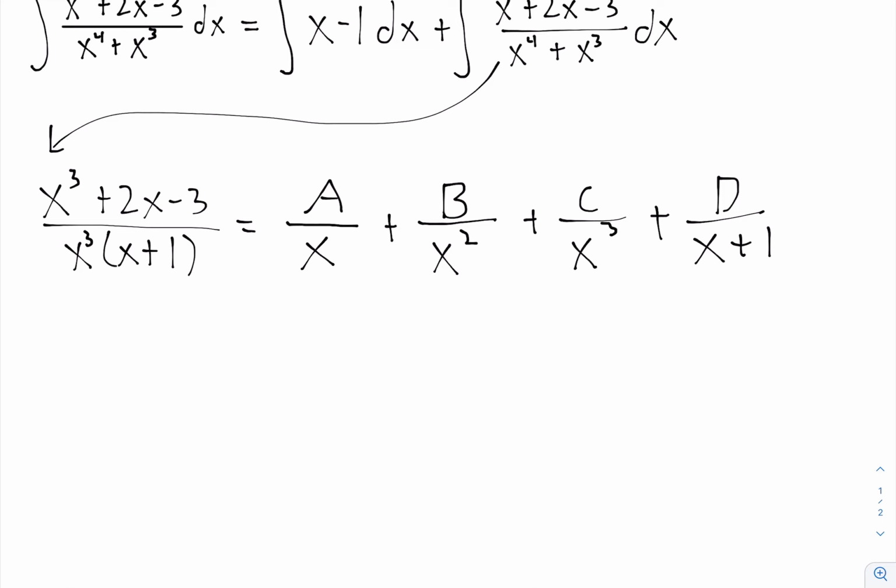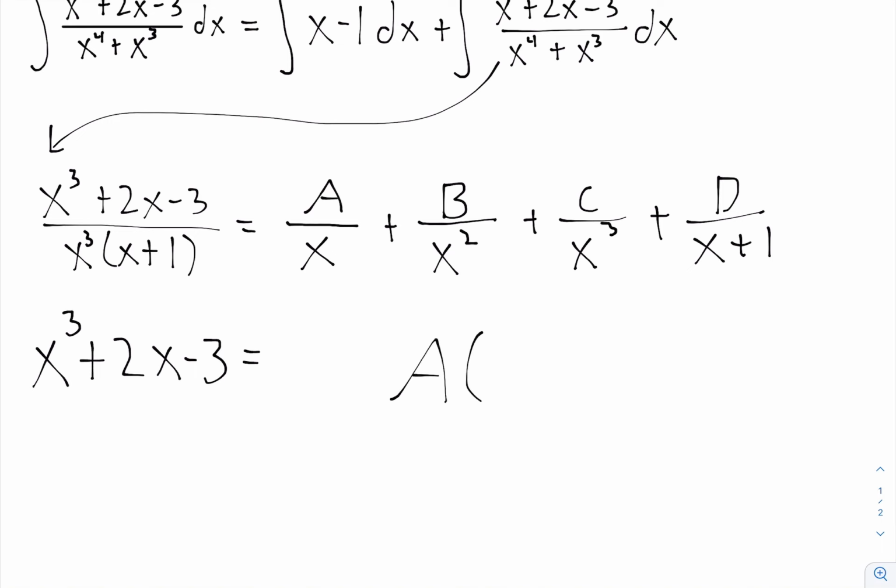Okay, so the next thing we have to do is try to get rid of the fraction on the left. You might remember from my rational expressions video, if we have a fraction and want to get rid of the bottom, we multiply everything by the denominator. So when we multiply both sides by x cubed times x plus 1, we just get what was on the top, so x cubed plus 2x minus 3. Now on the right, we have to multiply each term by x cubed times x plus 1. So the first one, I'll write it a bit bigger because I won't have room,